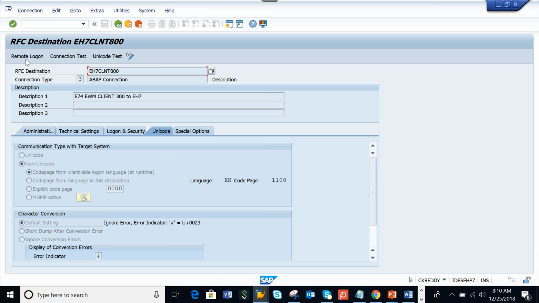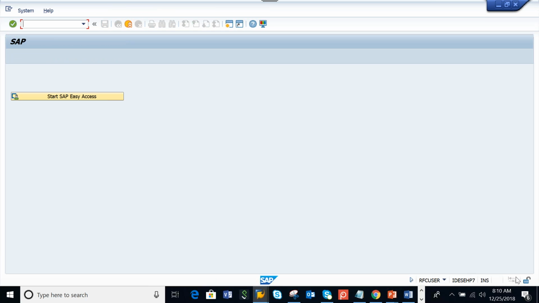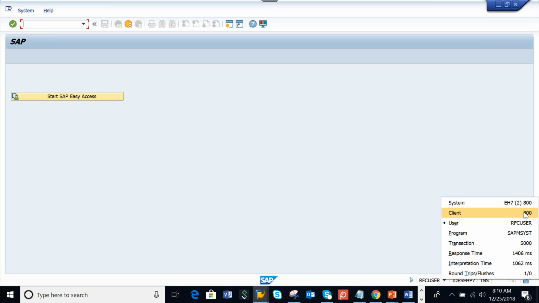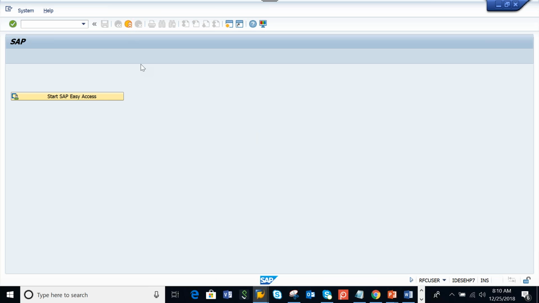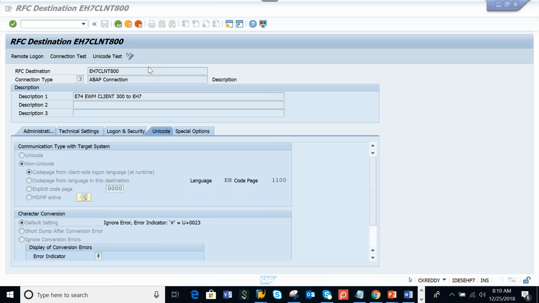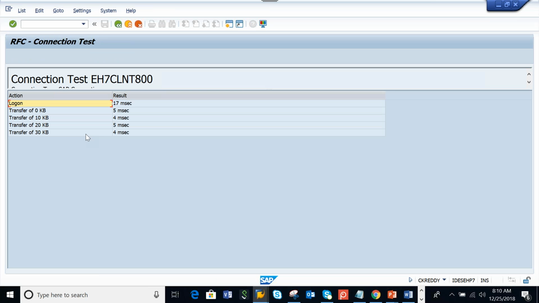Now remote login. Click here. Straight away it is taking us to this client 800, but the username is RFC user. And also connection test. Okay, everything is perfect. Connection test. So from here also, the connection RFC destination is perfect. Next,